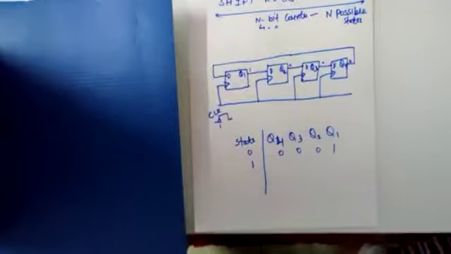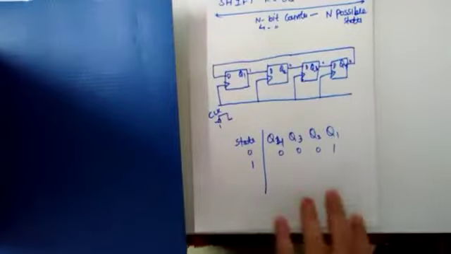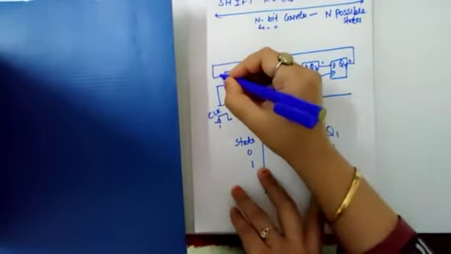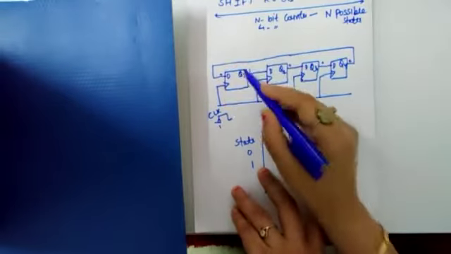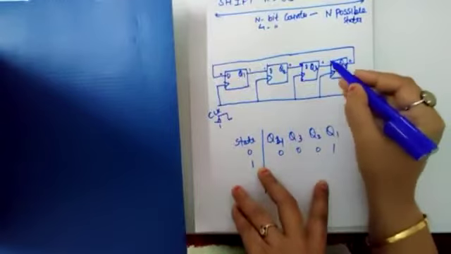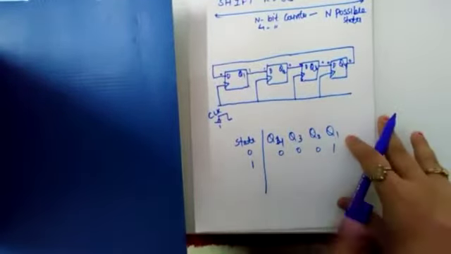So now see here, first we check the inputs. As this 0 is fed back to the first flip-flop, the 0 comes here, this 1 comes here as the input, this 0 comes here as the input, and this 0 comes here as the input. Now all the inputs are ready. Now we can apply the first clock pulse.